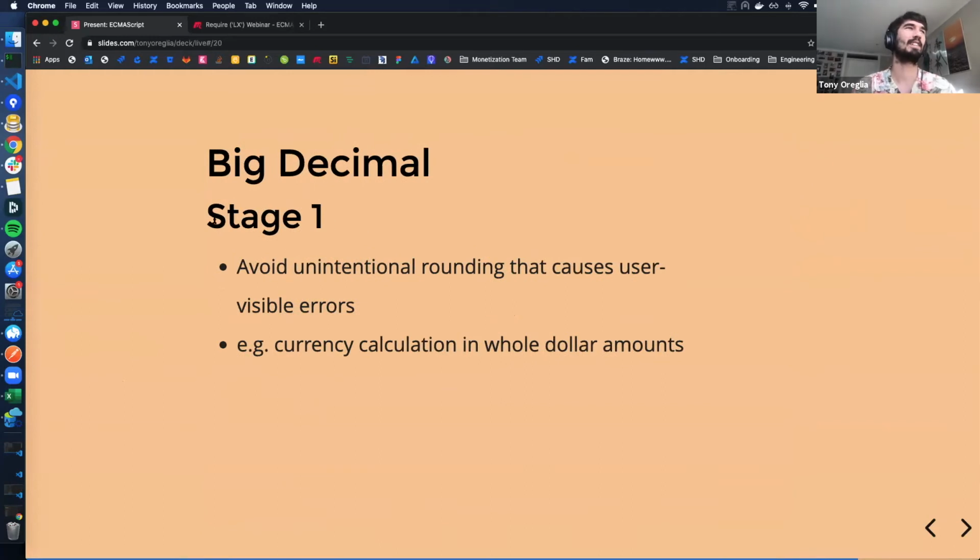And the last one, actually I didn't have time to grab a code snippet for this one, it's stage 1, and it's big decimal. It allows you to use numbers in a more precise way in JavaScript. JavaScript has certain rounding errors that can be a big problem if you're doing something with, say, currency.